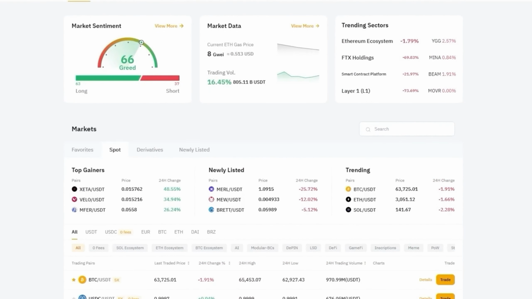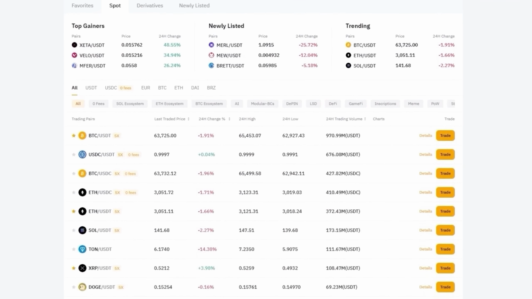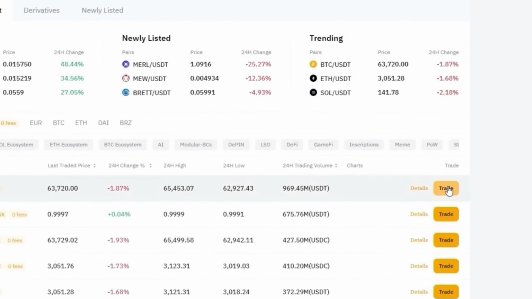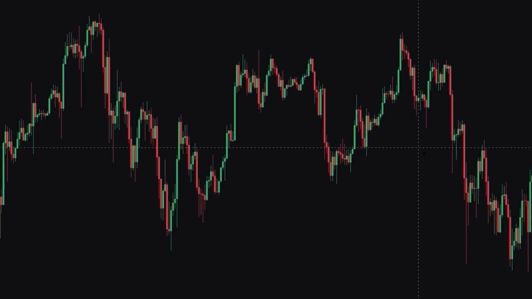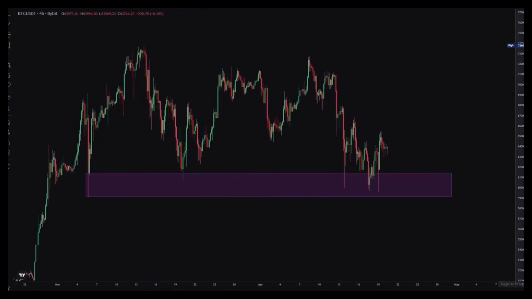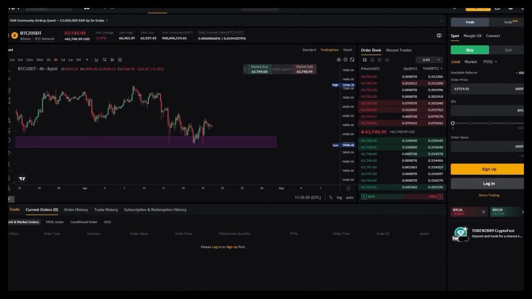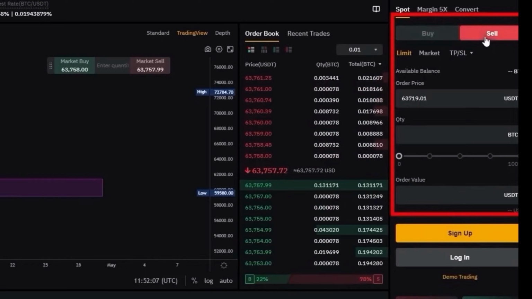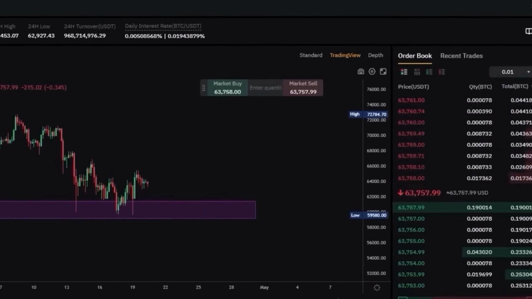Here, you can access the list of cryptocurrencies available on Bybit. If you click on Trade, a page opens that allows you to access the price chart and trading tools to analyze the current technical situation of the market. You can also place buy and sell orders directly from this page and search for any cryptocurrency you want from